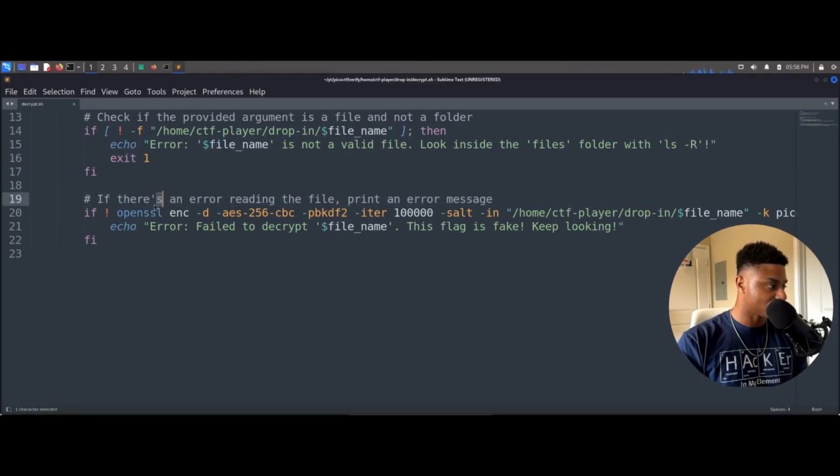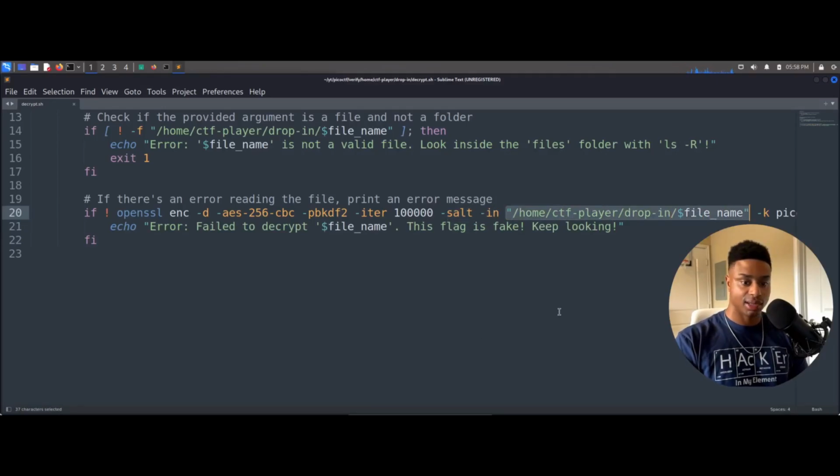And that's it for the checks. The next big thing is if there's an error reading the file, print an error message, and then we see this call to openssl enc -d. Interesting. We see these different algorithms, these different ciphers being run, AES-256 with cipher block chaining, and PBKDF2. I'm guessing iter means number of iterations, so 100,000 iterations. Provide a salt, and then the input is whatever file name we give it, and then the rest is cut